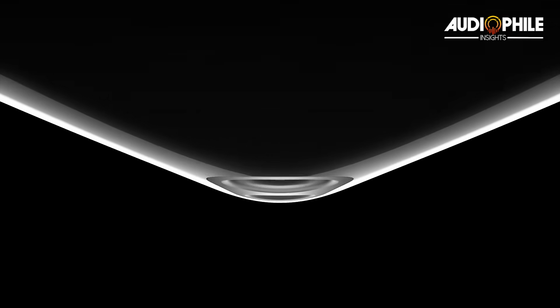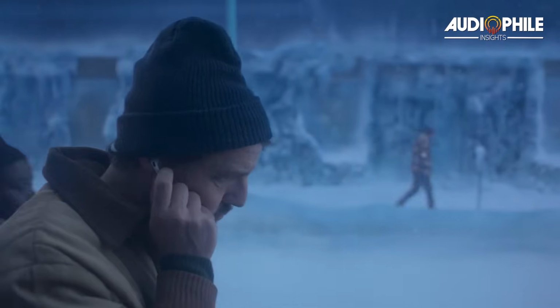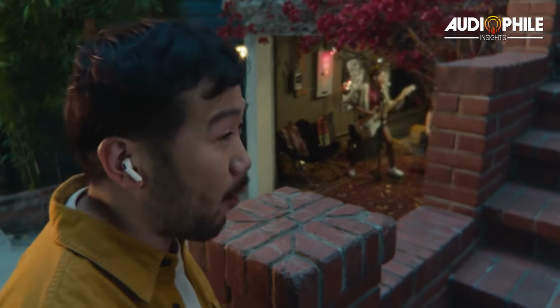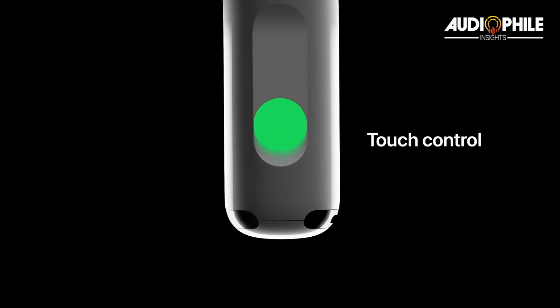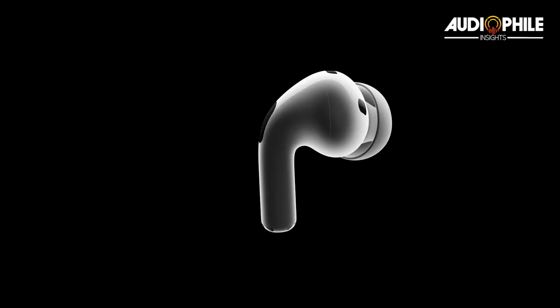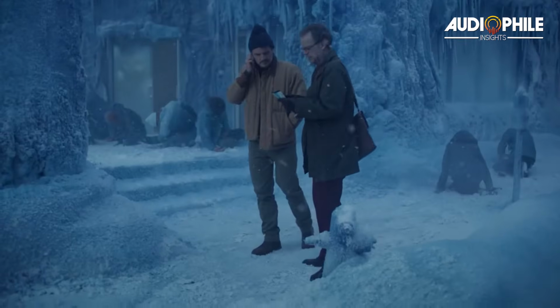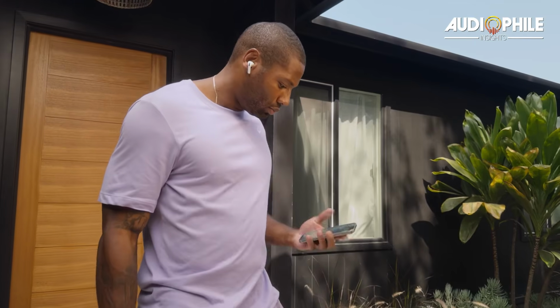Both keep that familiar stem-based control scheme, so you're not relearning gestures. Pinch to play, skip, or answer calls, and Siri is still just a voice away. But the Pro 3 sneaks ahead with swipe volume on the stem. It's a tiny thing, but trust me, being able to raise or lower volume without pulling your phone out feels